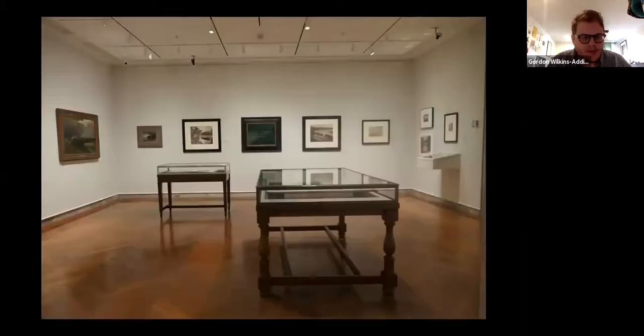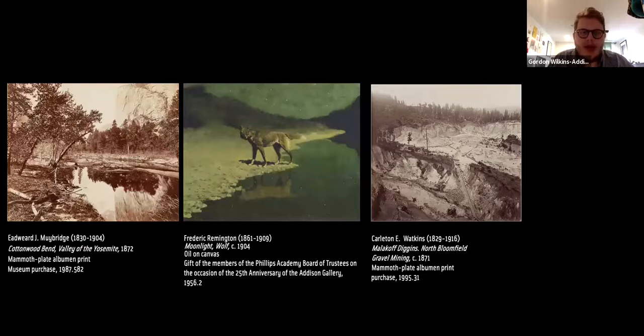at the Addison. This wall here is sort of the wall of the West, anchored in the center by this spectacular Frederick Remington. And the wall also really charts the course of westward expansion and the sort of really incomprehensible damage that was inflicted upon the Western landscape by European Americans as they made their way across the continent in the fulfillment of this vision of manifest destiny and of an American continent that stretched from the Atlantic to